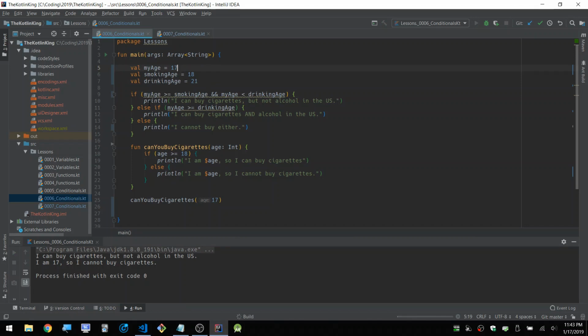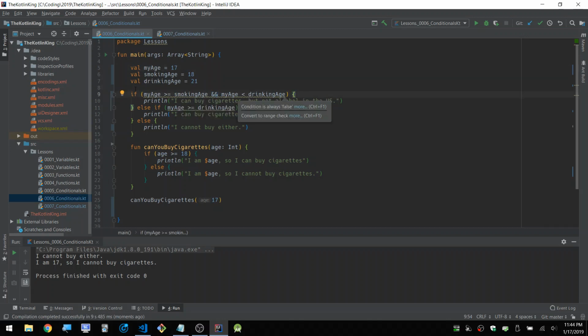I tried to use an example that we are, at least here in the US, all comfortable with, and also introducing the new operator AND. If this is true, you print this. If this is not true, then we check to see if this statement is true and print this. If neither of these are true, then we print this. Relatively easy to understand, hopefully. But again, introducing a new operator and also introducing the else if